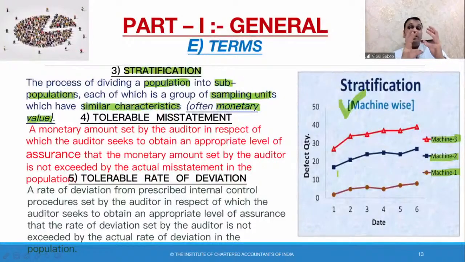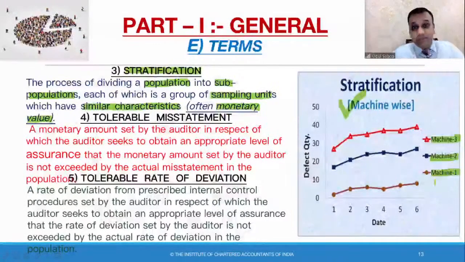So I need to check the efficiency of the workers working on those machines. So now machine 1, machine 2, machine 3 from that particular category, this could be their efficiency. I want to have a word with the workers. Why is machine 3 producing a large number of defective goods? I would have a word with the workers working on that machine. Is there a problem with the efficiency or with the working of the machine itself? We need to replace that machine, buy a new machine, or it needs overhauling or repairs.